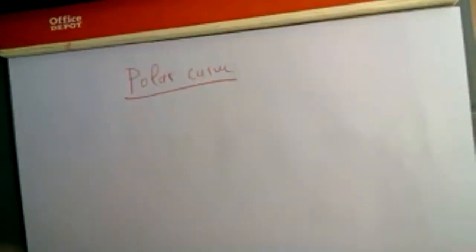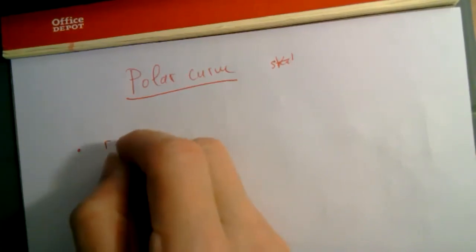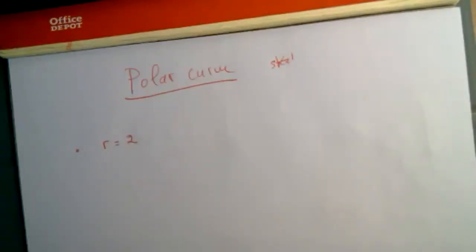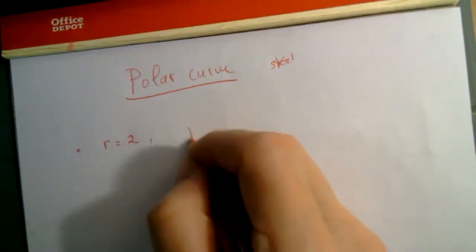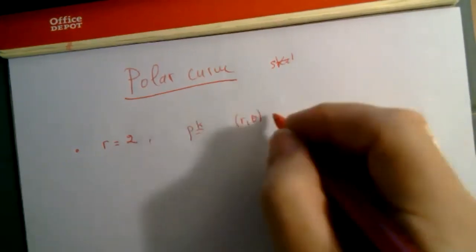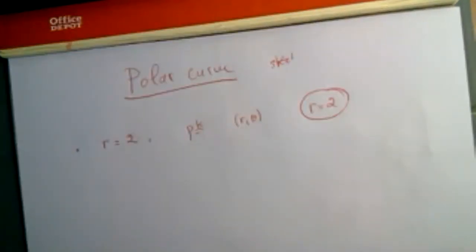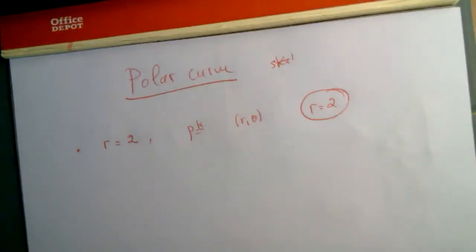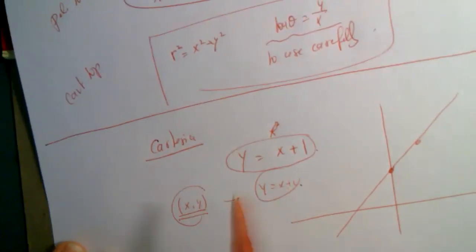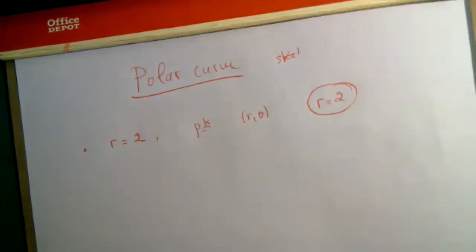So I will start with a very simple equation, and I will ask you to sketch the following equation. r equal to 2. What am I talking about? It means you have to sketch all points whose polar coordinates satisfy the condition r equal to 2. So in Cartesian, sketch y equal x plus 1 means sketch all the points whose Cartesian coordinates satisfy that. Polar curve, it means I'm going to give you an equation that involves the polar coordinates. Sketch